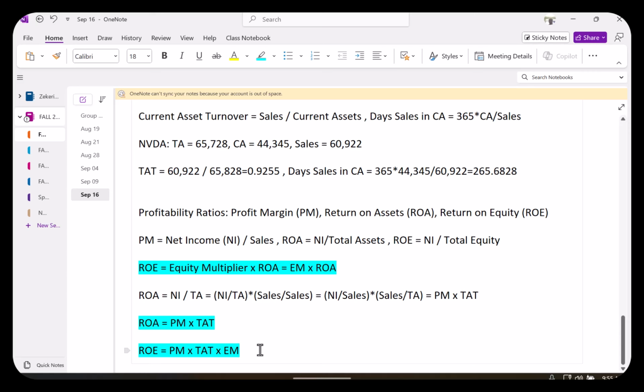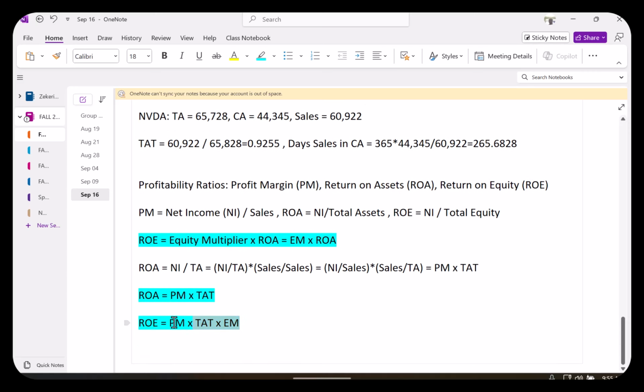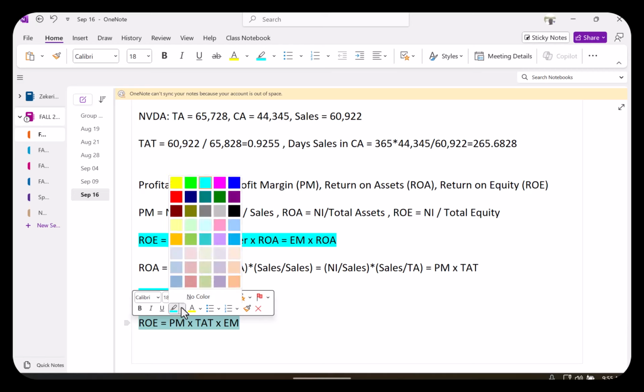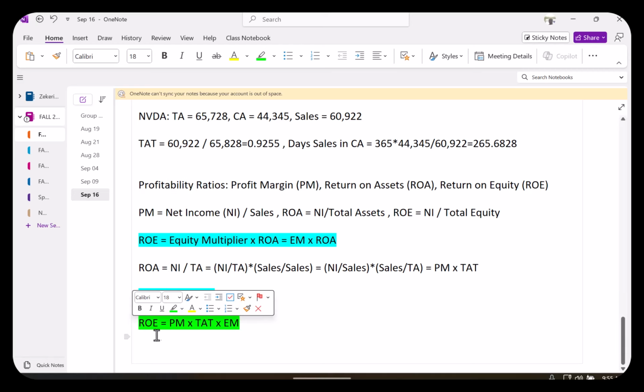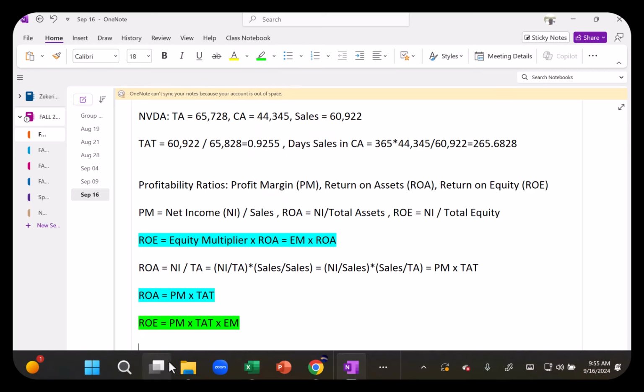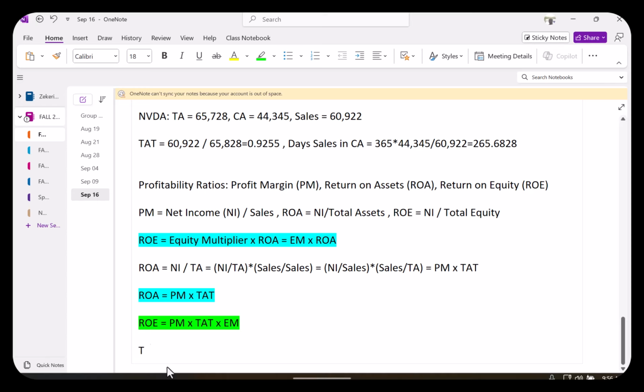Let me use a different highlighting color for that. This identity is known as the DuPont identity